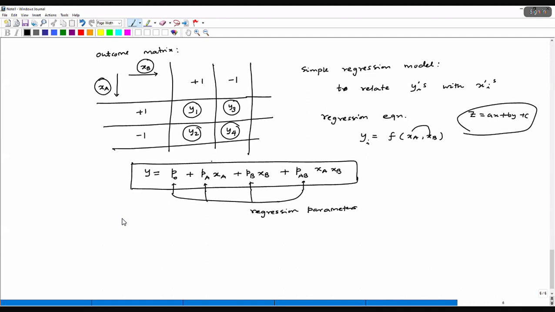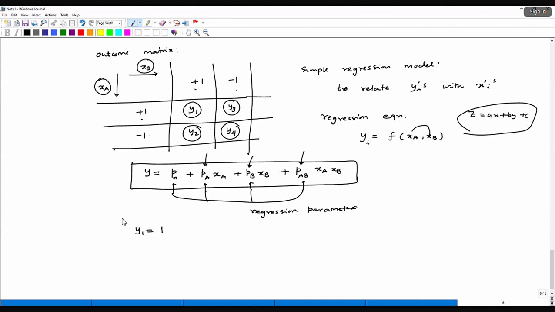And pa basically talks about the effect of parameter xa, pb talks about the effect of parameter xb, and pab signifies the interaction effect. Okay. Now, if you substitute these values xa and xb, and y1, you can write that y1